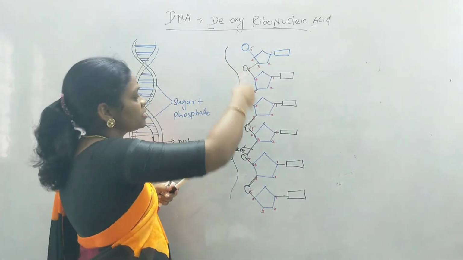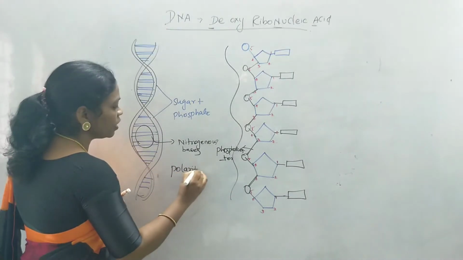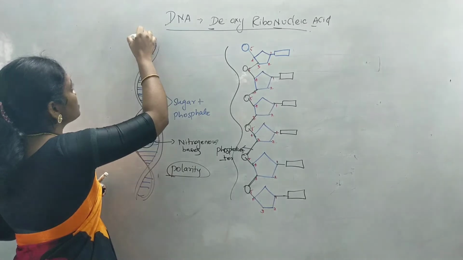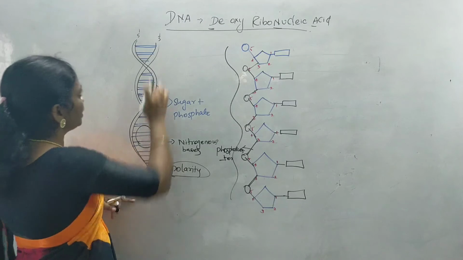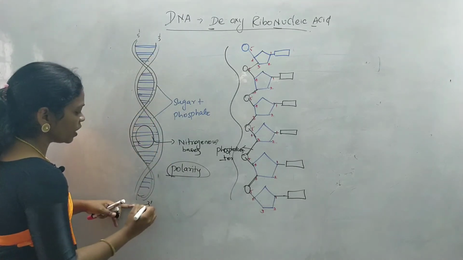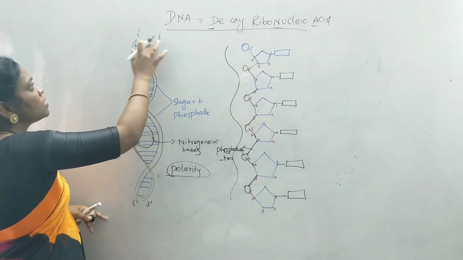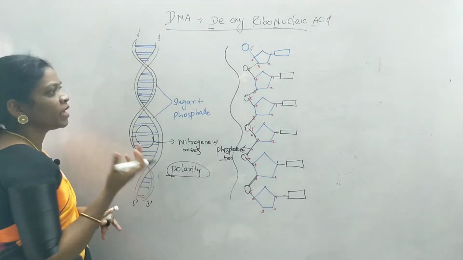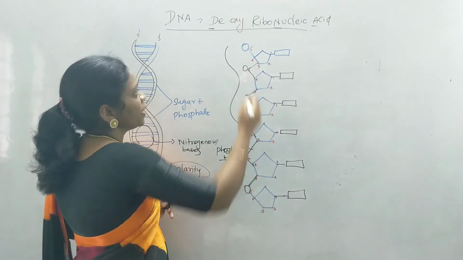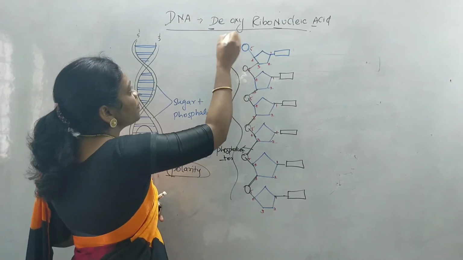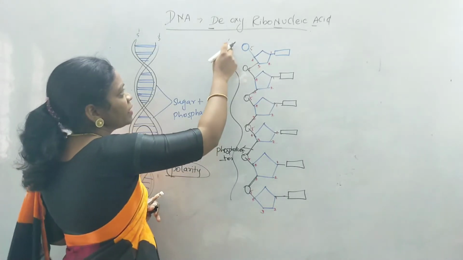So when you write the structure, the polarity is very important. What is meant by polarity? Here we'll go with an example. If one strand starts with the 5' end, the other strand should go with the 3'. If the strand ends with 3 prime, the other strand should end in 5 prime. So the polarity of the strands is opposite to each other, so it is said to be anti-parallel. When you write the polarity of this particular nucleotide sequence, we can find the 5' phosphate group here. So we write the 5' end, our fifth carbon end, as 5 prime end.